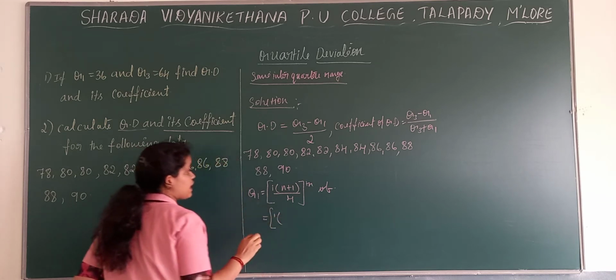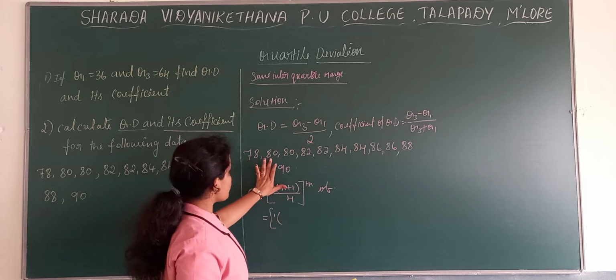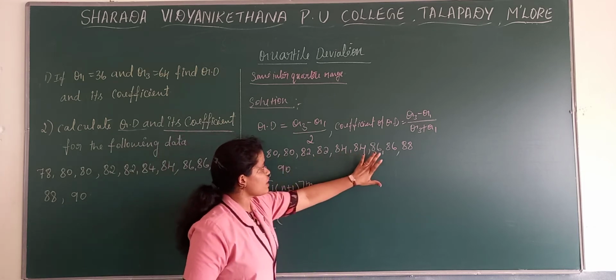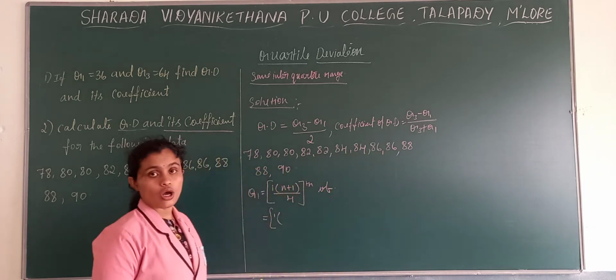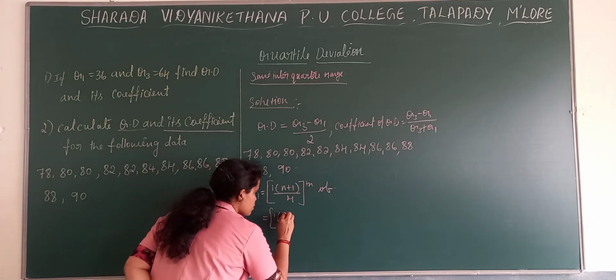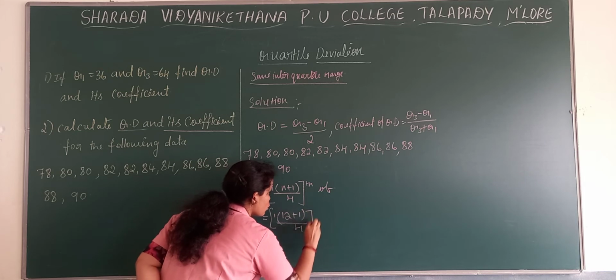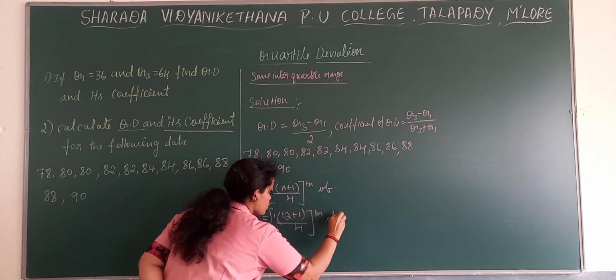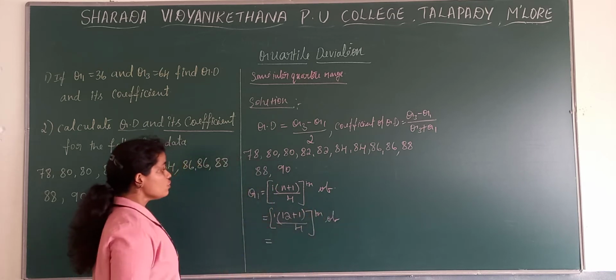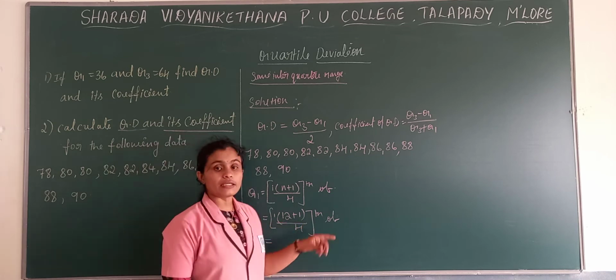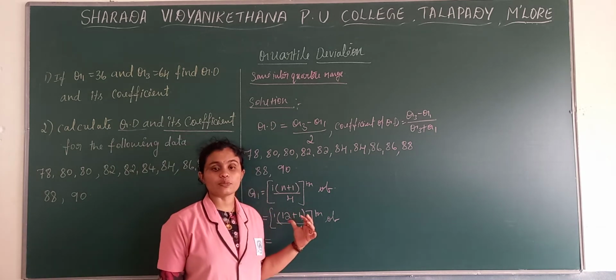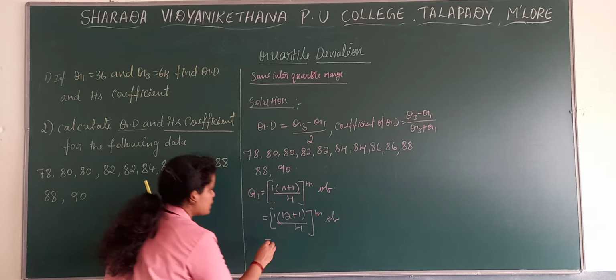How many observations? 1, 2, 3, 4, 5, 6, 7, 8, 9, 10, 11, 12. Altogether total observations 12, plus 1, divided by 4. When you do 13 by 4, you get